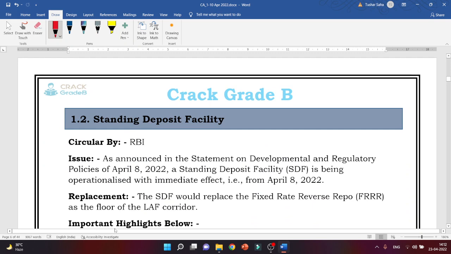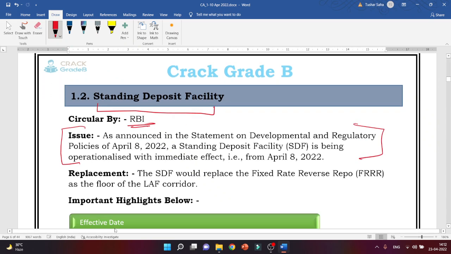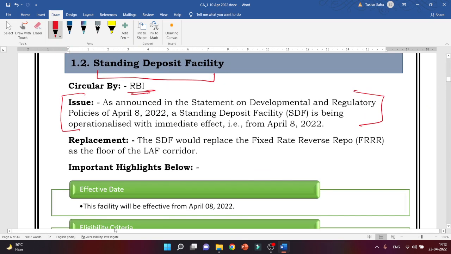Now let's move to the next news article, that is the standing deposit facility, which you have already seen. I told you that we will see it in the next one. So this is the standing deposit facility. This is by RBI. When has RBI announced it? RBI has announced it during the monetary policy review, right? This standing deposit facility would replace the